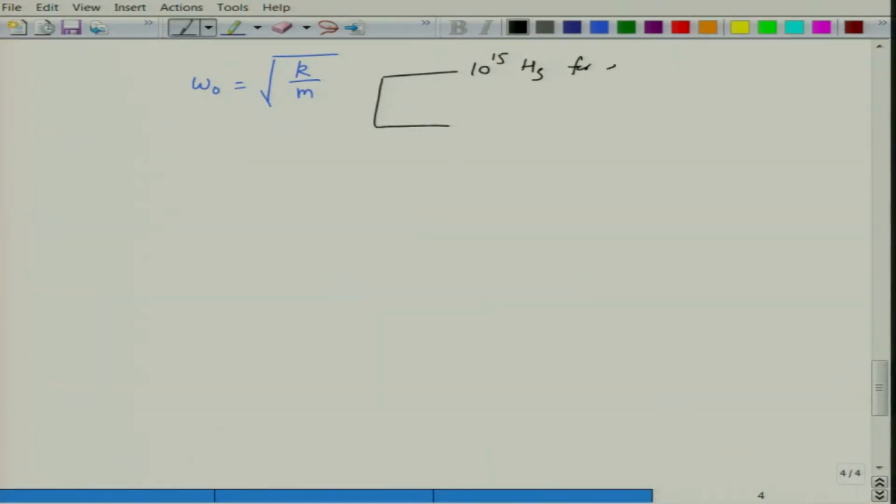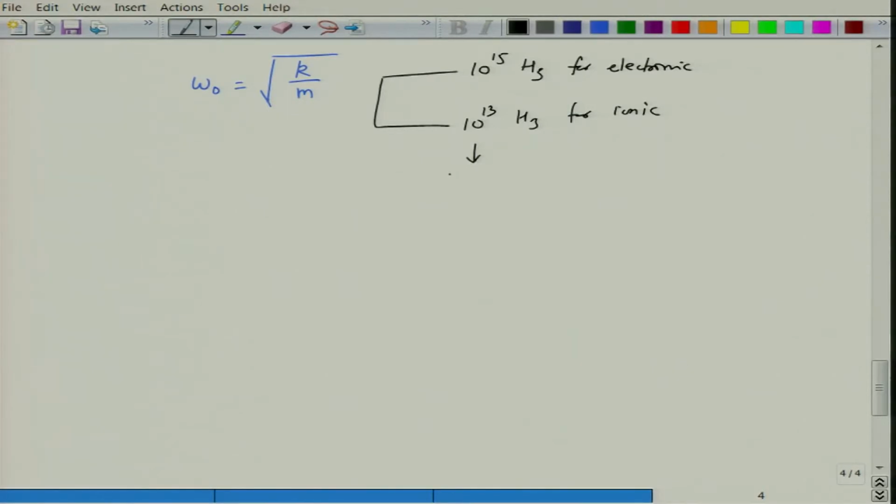for electronic polarization, and then about 13 hertz for ionic polarization. And that makes sense because the mass of electrons is far lower than the mass of ions put together, right. So, as a result the frequency is down, and since this is a square root, you can see that it must be a few orders of magnitude smaller.